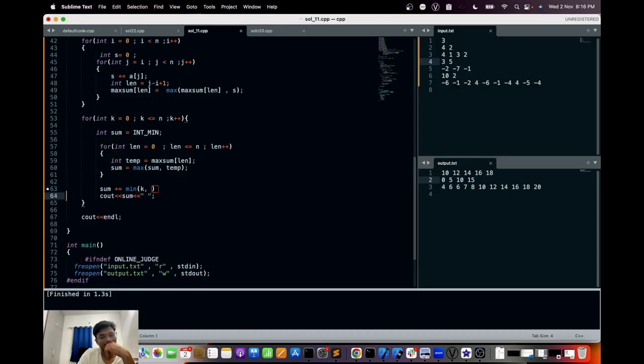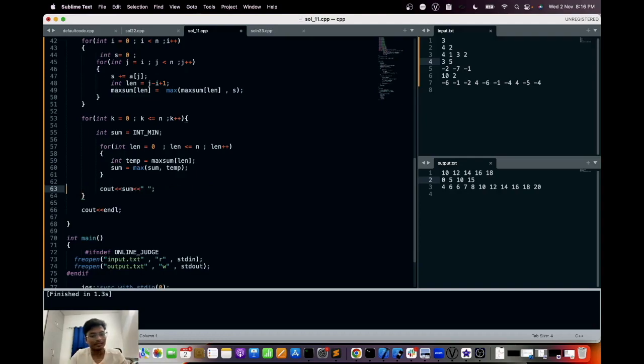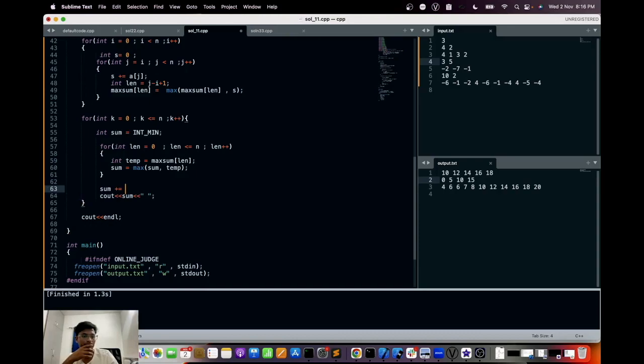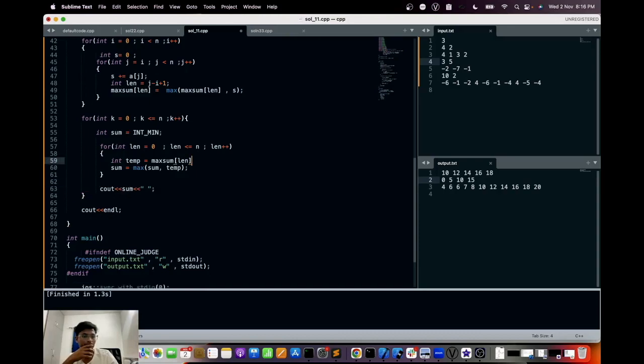How can I add here? That is completely fine. I just fixed the k, and length will be from 1 to n. It is completely fine, maximum of length, and I will just